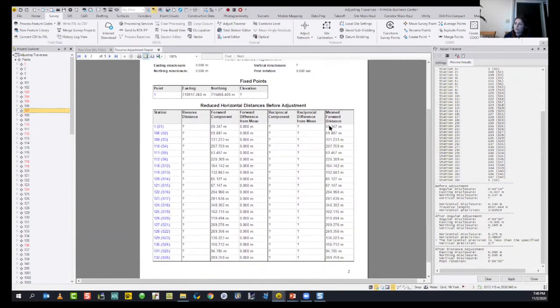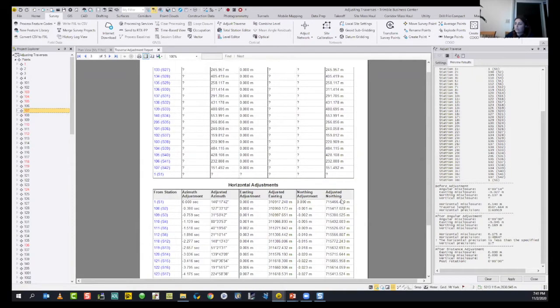And you will also display your fixed points, reduce horizontal distances. As you see in here, our stations completely listed, and the forward components, and the forward distances. All these values are given.